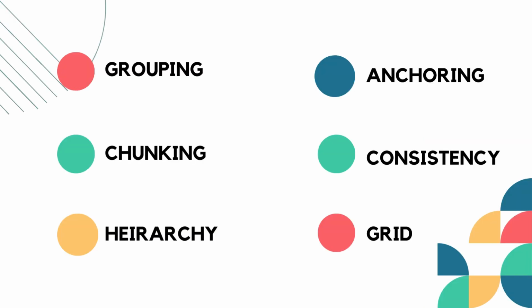They include grouping contents in a way that optimizes readability and understanding; chunking, which means avoiding large and overwhelming blocks of information on a page, instead breaking up the large paragraph into smaller sections with headings or subheadings for organization; hierarchy, which is including the most important information at the top and center of the page;